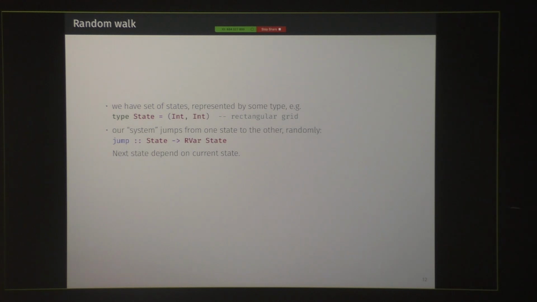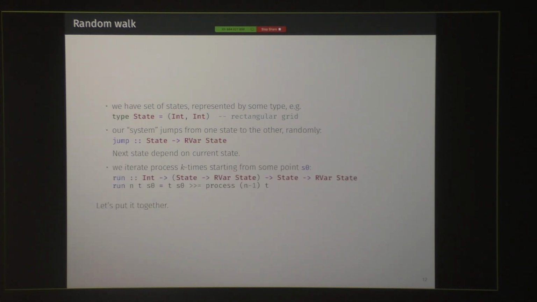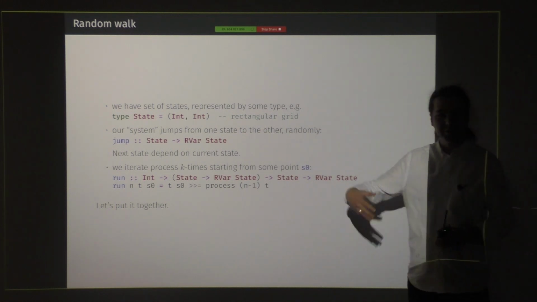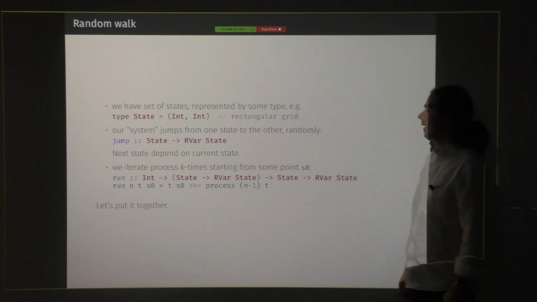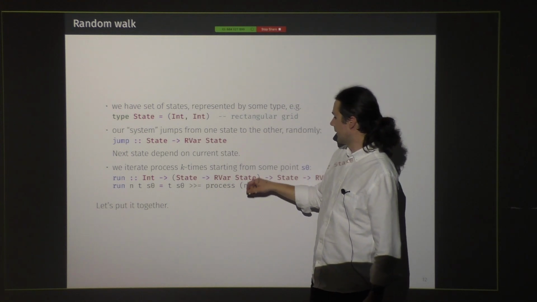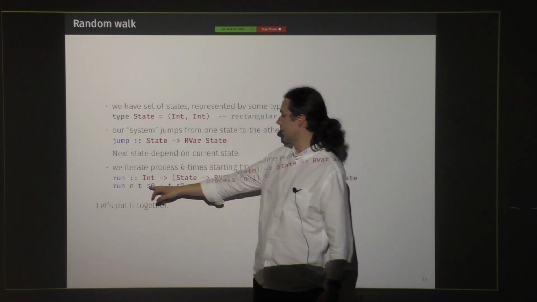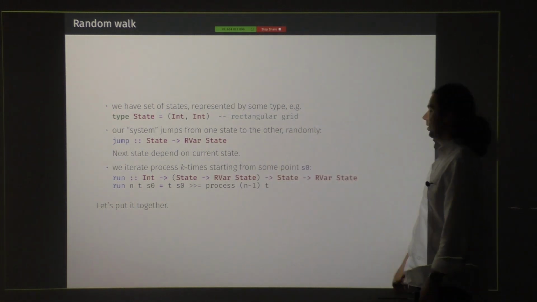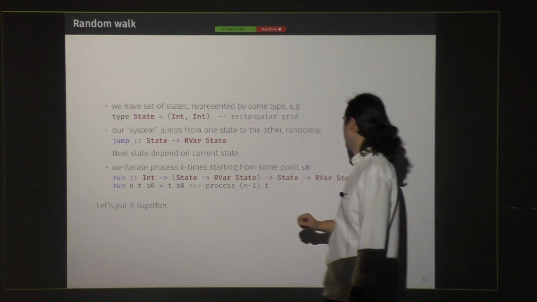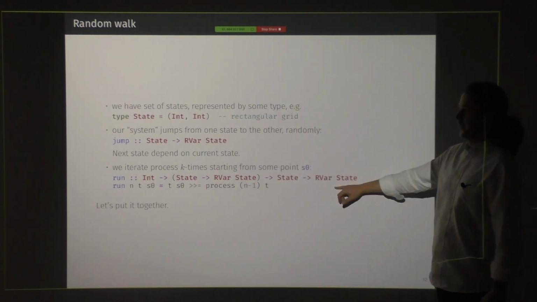And actually, many interesting things can be represented in that way. The machine learning algorithm that we are implementing can be represented in exactly that way. On top of that, we can build some abstractions, like a function that will iteratively run this process, simulate it N number of times. This is the type of the jump function, I call it T, so this defines the transition in our process. We need to start from some point, so this is the starting point, and as the result, this is the final state.